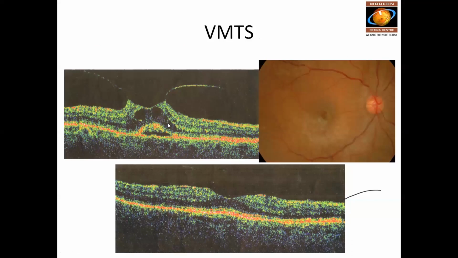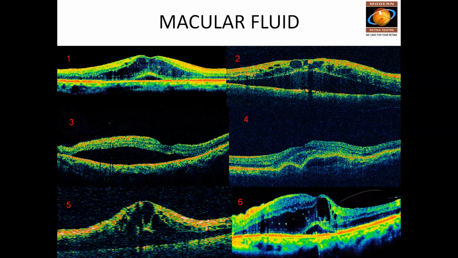Again, vitreomacular traction syndrome is a condition where the posterior hyaloid gets thickened, but there is an abnormal attachment at the fovea. The vitreous starts separating all around the fovea except at the fovea, and starts pulling at the fovea, where cystic spaces and subretinal fluid develop. Once there is such a condition, it can cause loss of vision because of this central fluid accumulating at the center of the fovea. So those are all the various conditions which affect the fovea.